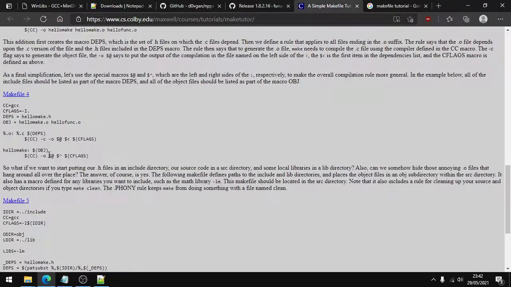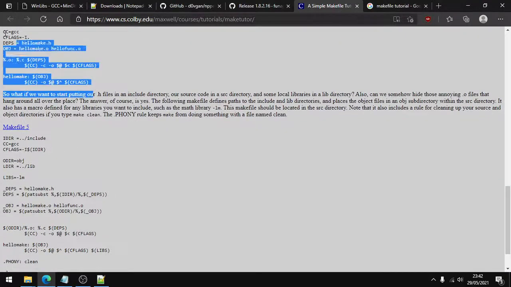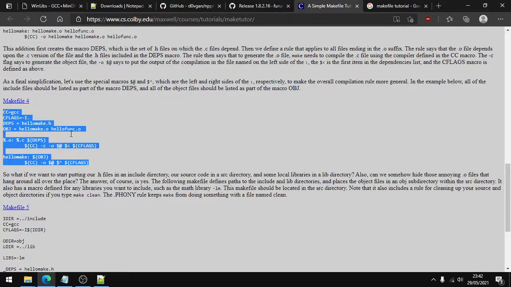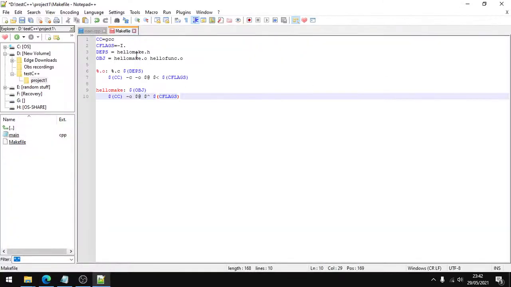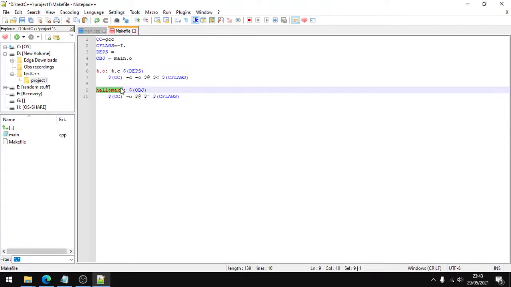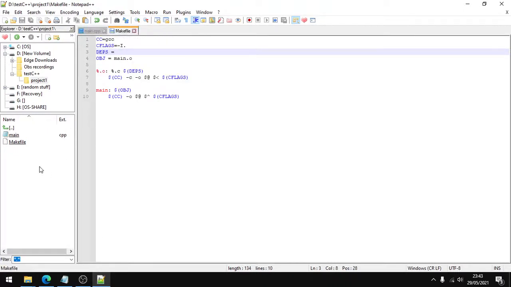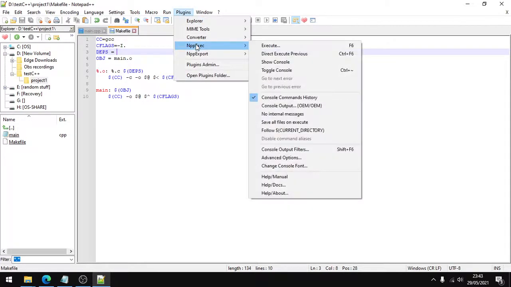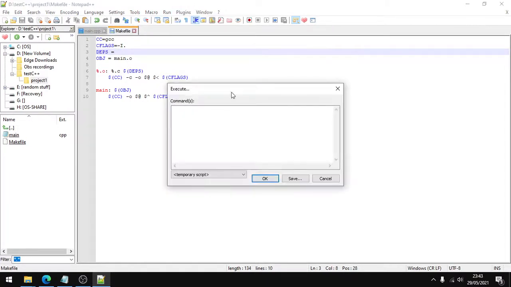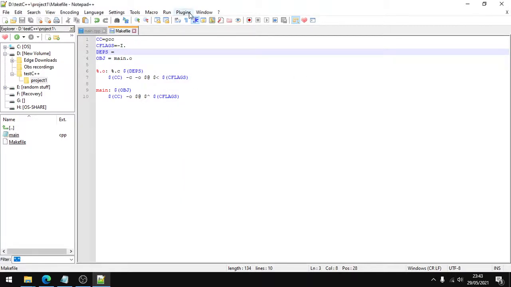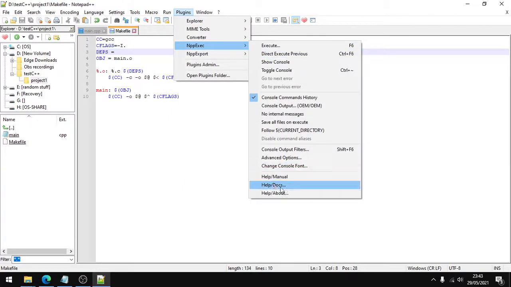Remember, I'm copying from here, one of my projects. Yeah, let me use this, and some dependencies. So this is the main file for this C++ file. And yeah, these are the commands I'll be using. To learn further commands,